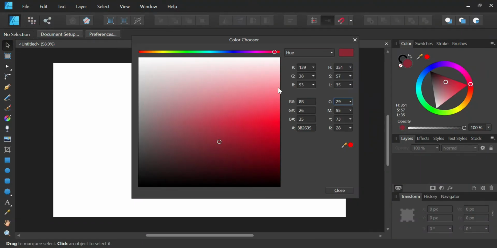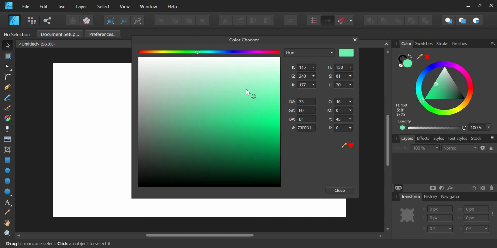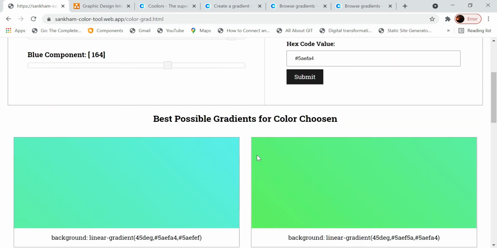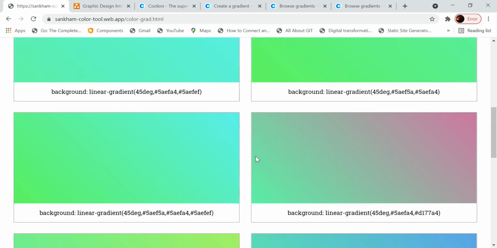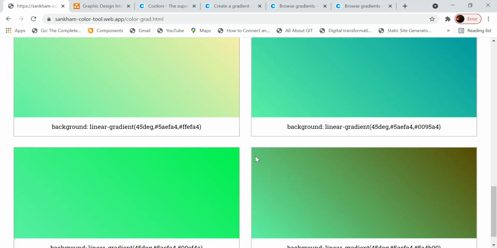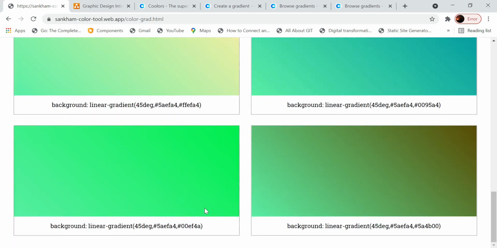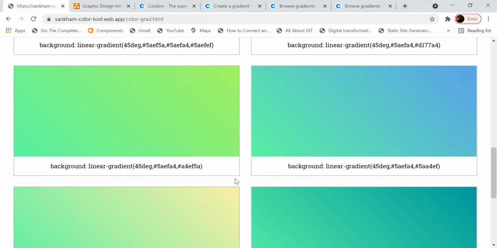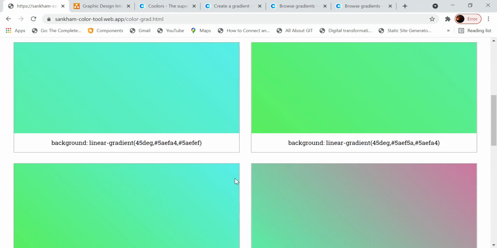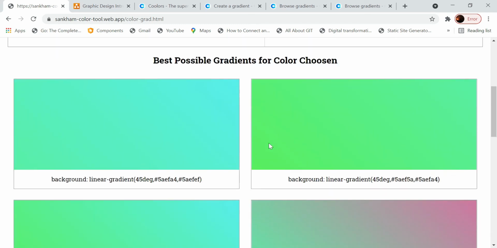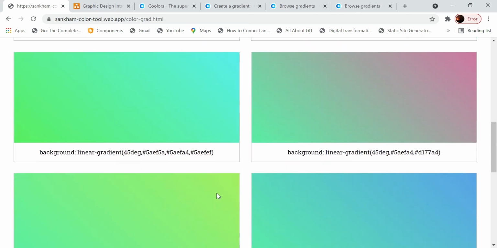If you go to this tool, color gradients, I have created a tool wherein you can just give the hex code of whatever color you want, and it will give the best possible gradients with the chosen color. Let me pick some color. Let me go randomly to one color, maybe this one, and go back to the tool. I'll copy and paste the code here and submit it. If you come down, you will see all possible gradients with that. In these auto-generated gradients, you wouldn't see that gray tone in between. So instead of doing all that trial and error and wasting time, you can use this tool if you like, and go ahead with any of these gradients which looks good.